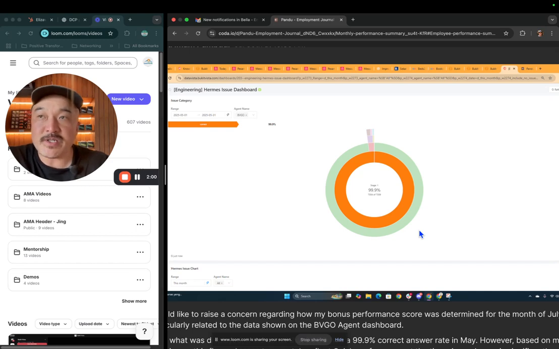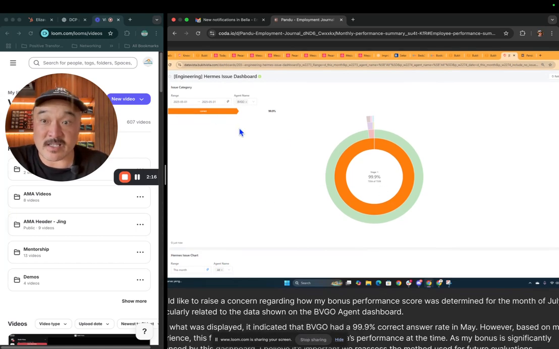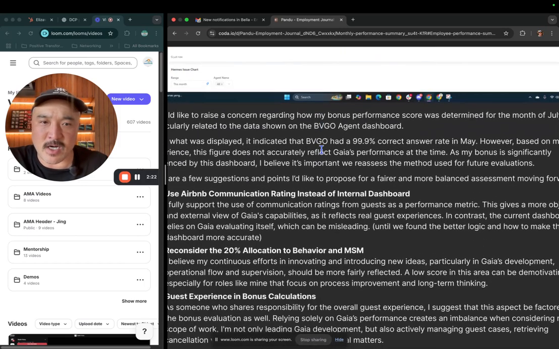Now we could use, let's say, what would happen with the actual guest experience and such, but the results for that would take a month, and we wouldn't know whether or not the work that you had done had actually affected that or was it something else. So the choice of the company at this point is to use predictive analysis, like this dashboard. That's the main reason why it's been invented, to then evaluate your performance as an employee. So hopefully that part is clear.